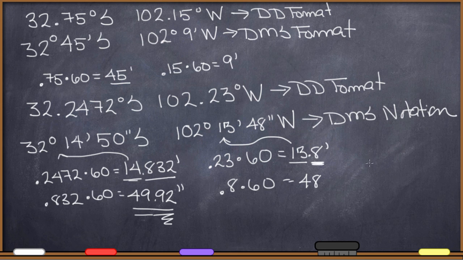So there we go. We have some information about how we typically communicate latitude and longitude, and that is in DMS, degrees, minutes, seconds format. Sometimes you see latitude and longitude communicated in terms of decimal degrees, and you can do that as well. You still give latitude first, longitude second, and we can convert back and forth between DMS and DD using the method that we were just shown right here. So, all right, very handy thing to be able to do, and handy thing to be able to understand and conceptualize if you are in geography or GIS.